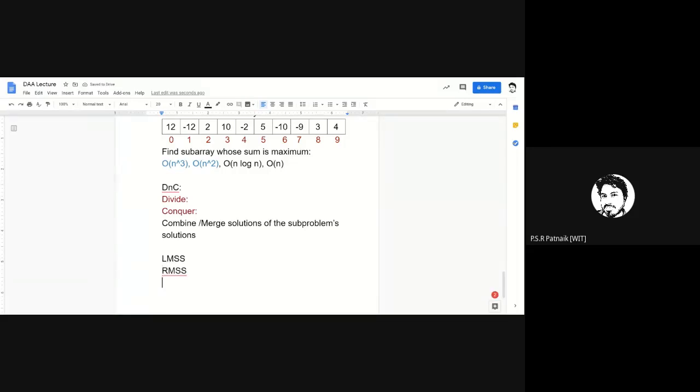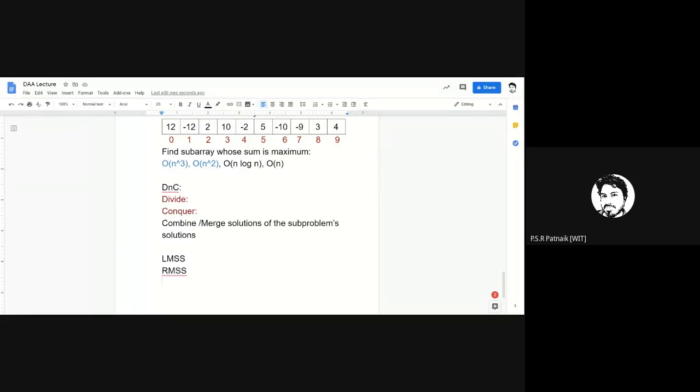When I merge both the halves, there is every possibility that the maximum sum subarray of the merged array could be in between, where half of it could be in the left part and half of it could be in the right part. It would be wrong to say half, but some part of that subarray could be on the left side and some could be on the right side. So I need to even get that.